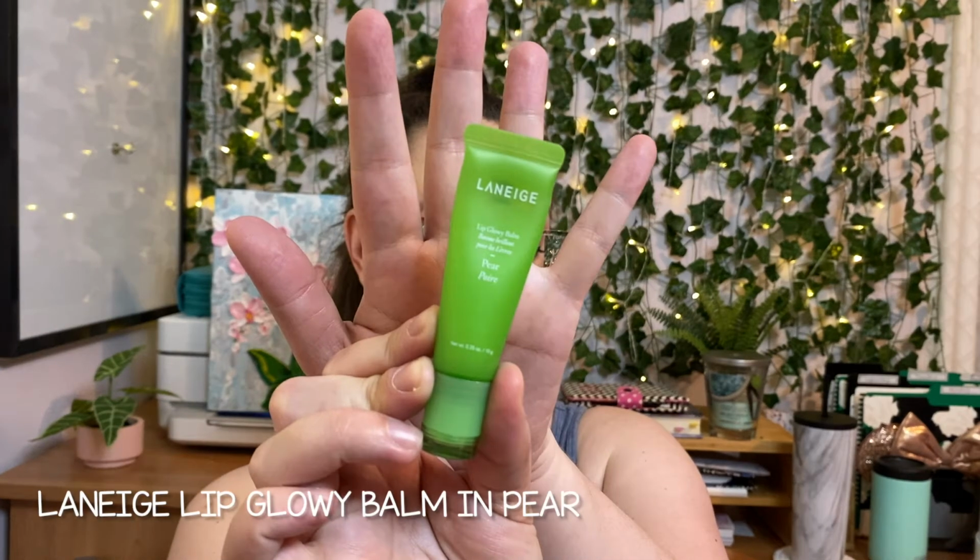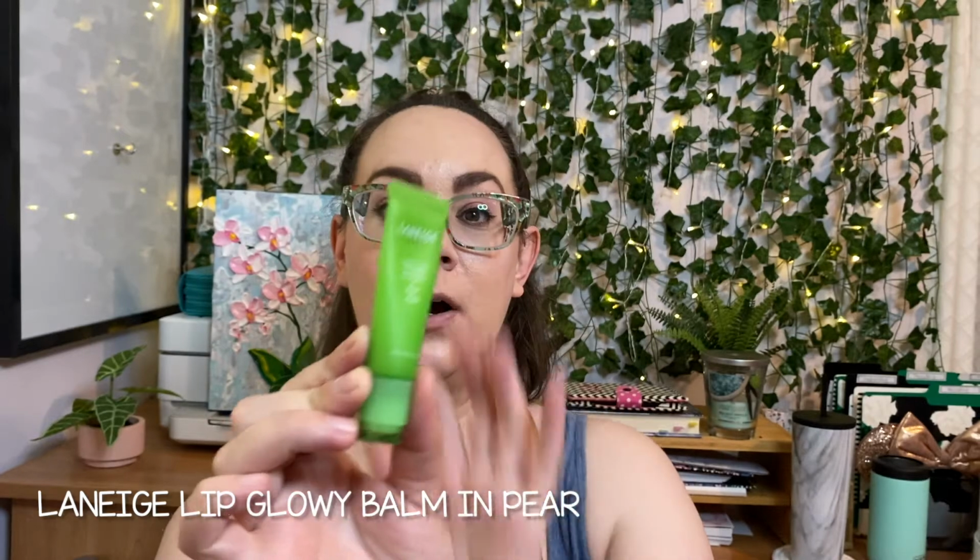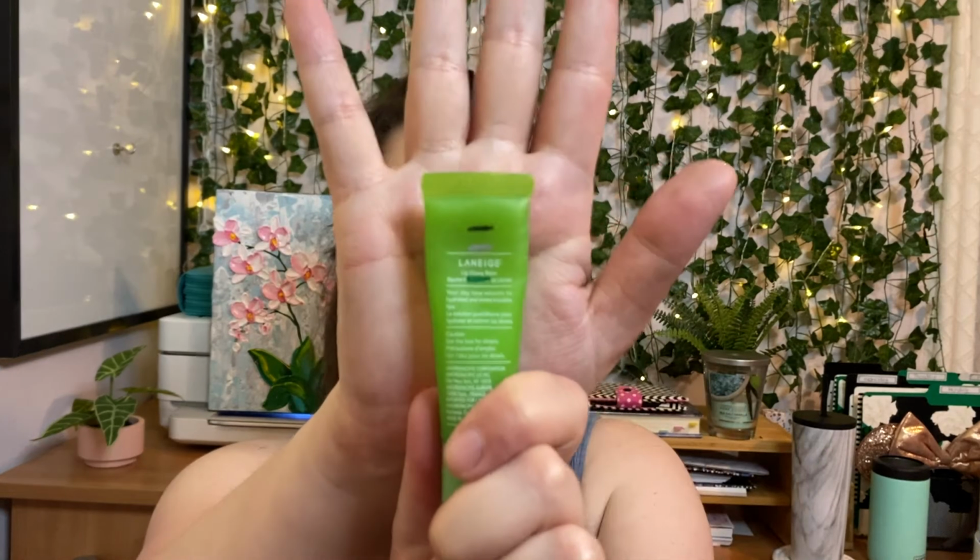Okay, the second item I'm going to talk about is the Laneige Lip Glowy Balm in the flavor Pear. Now, I have mentioned several times, I don't really love this. However, I did manage to use this one 6 times this month, and I actually have quite a bit of progress, which I'm surprised about. I think because I did do some reapplying and it didn't mark that as a usage,